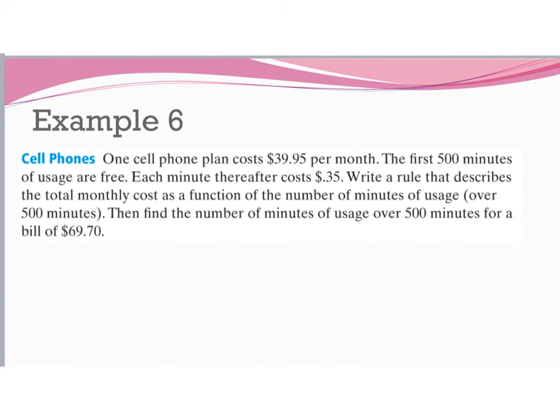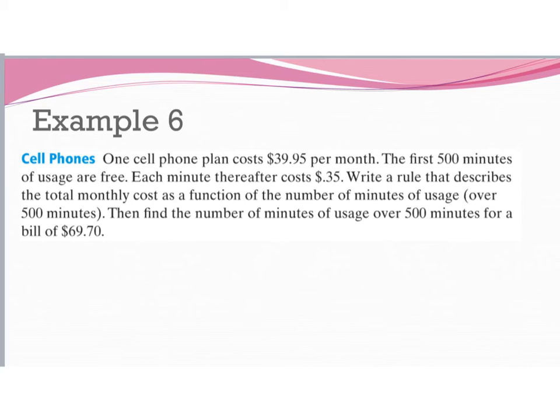And our final example is example 6. It says one cell phone plan costs $39.95 per month. The first 500 minutes of usage are free. Each minute thereafter costs 35 cents. Write a rule that describes the total monthly cost as a function of the number of minutes of usage over 500. Then find the number of minutes of usage over 500 minutes for a bill of